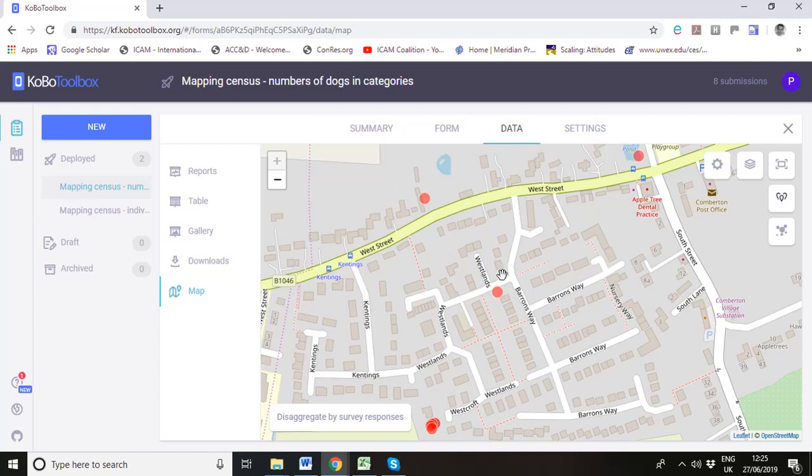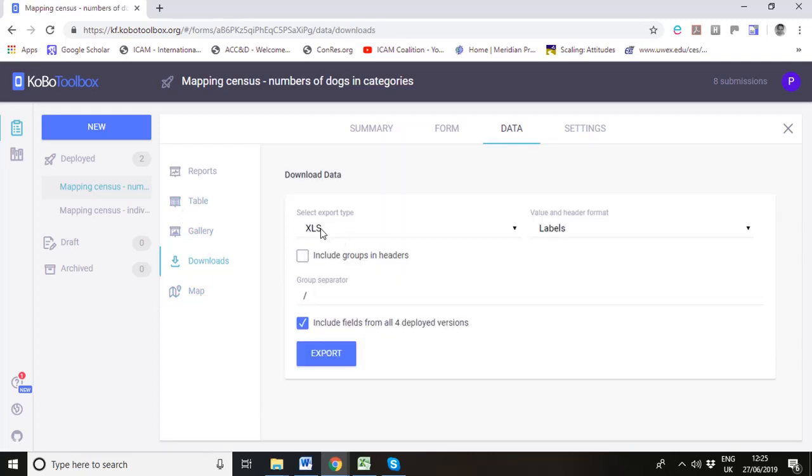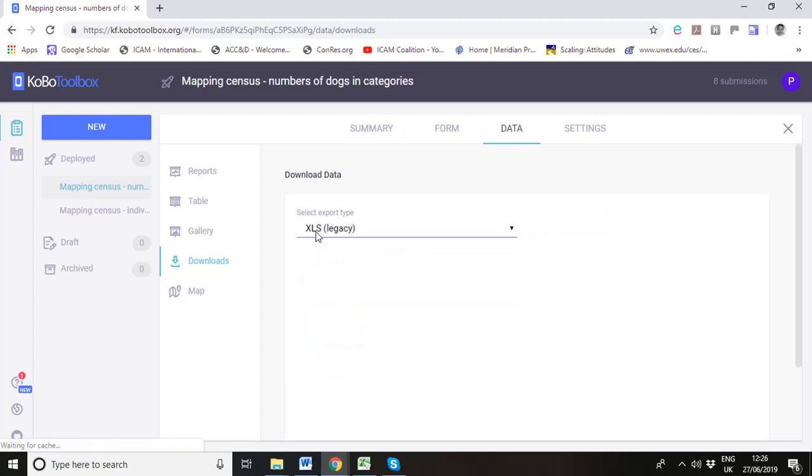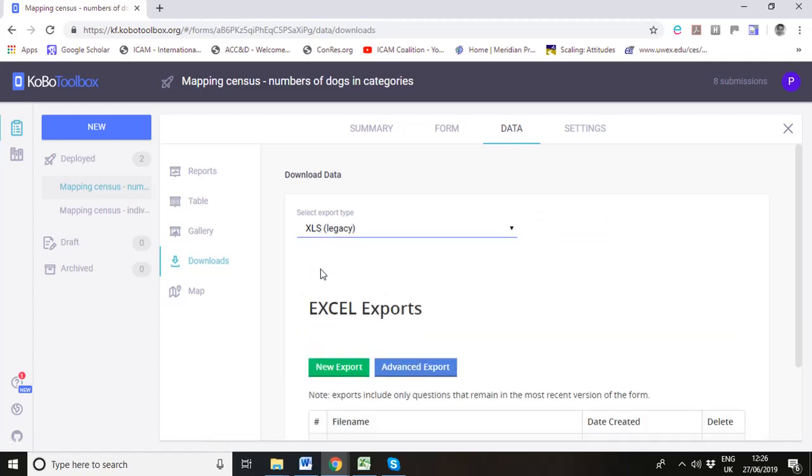If this map doesn't really work out so well for you, what you could do is use the download to create a CSV or a KML file, and you can use that with Google Maps or Google Earth. So let's have a look at how the download works. I suggest that you use XLS Legacy, because I find that if you export just as XLS, sometimes the numerical data is presented as text instead of numbers, which makes analysis awkward. So all we need to do is click New Export,